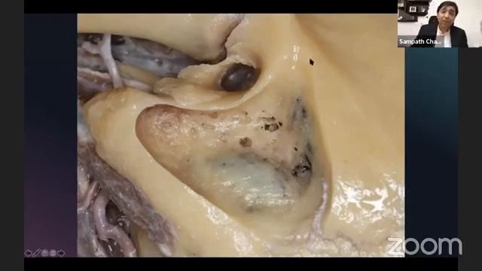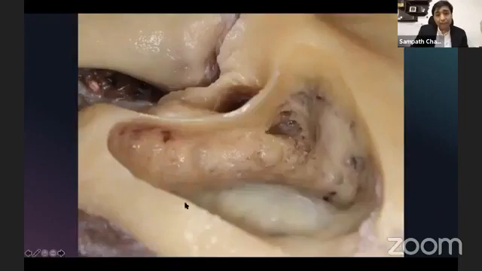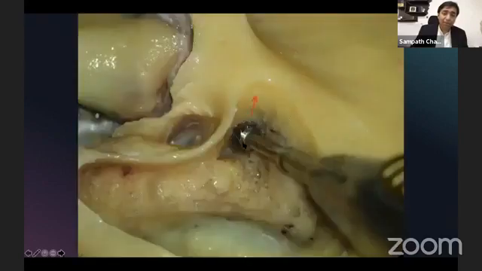Now, in the original translabyrinthine approach described by Bill House, it began with a fairly enlarged mastoidectomy, and then the sigmoid sinus is delineated, the middle fossa dural plate is delineated, but you see this posterior edge of bone, very much mastoidectomy types. The superior middle fossa dural plate exposure also is fairly like a routine mastoidectomy. The canal wall is preserved, the lateral semicircular canal is identified, the antrum is exposed, the aditus area is drilled from inside out.